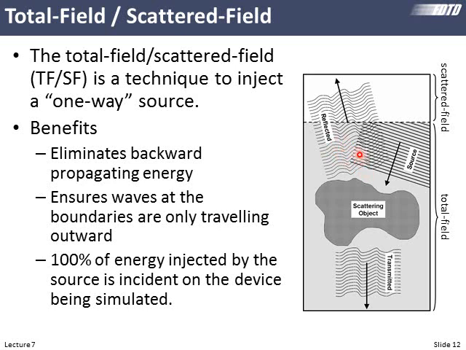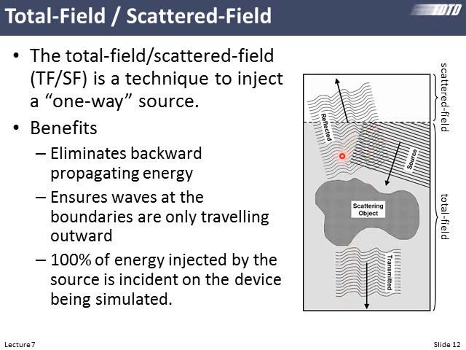But this scattered field can pass through this region where we're injecting this one-way source, and be transparent. And when we do that, any fields we have up here, we're guaranteed are traveling outward. And then on the bottom, we're also guaranteed they're traveling outward. We don't have another source down here that's injecting energy going up. So we just